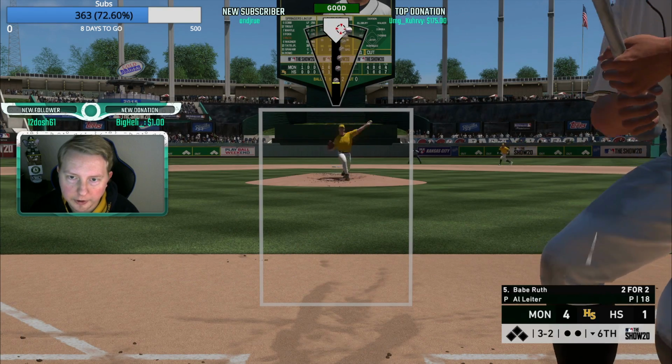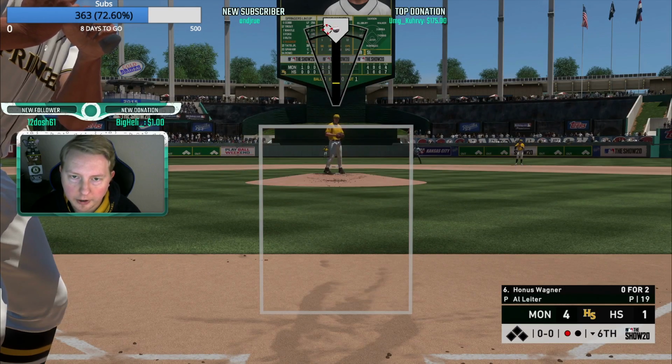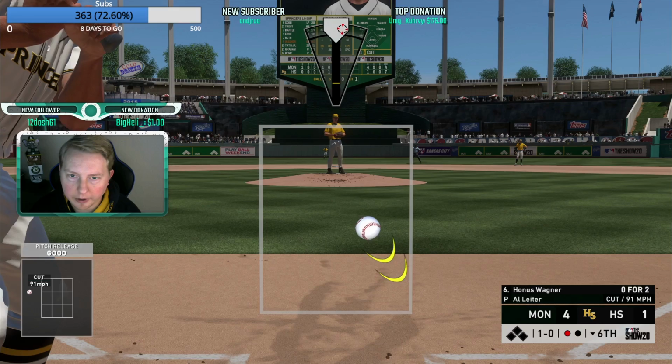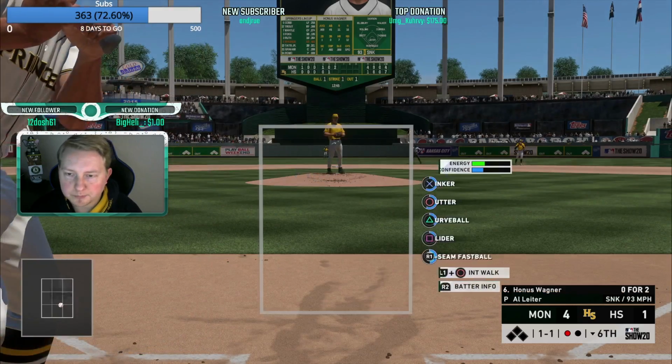And then I try to mix in the slider when I think they're looking cutter because it's slower, which is what I try to do to Trout, but he ended up crushing it. Caught him looking there, though. I don't know if he was looking for a sinker. If I threw a sinker at that tunnel that he just struck out on, it probably would have been a ball, so I can't even really say that was a bad take if he was looking sinker there. So,